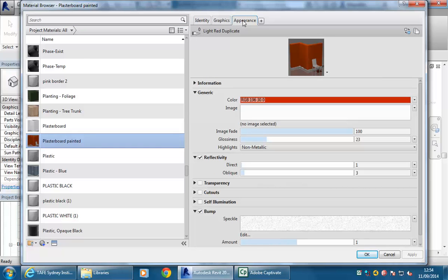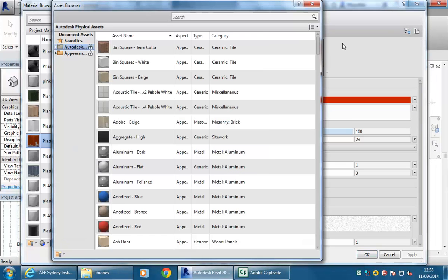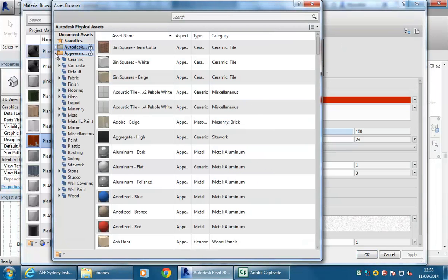But with the appearance, you'll see you have a range of different templates, and I've only shown you a couple of them. Wall paint, and there was concrete as well, but there are a few others, metal, and well,